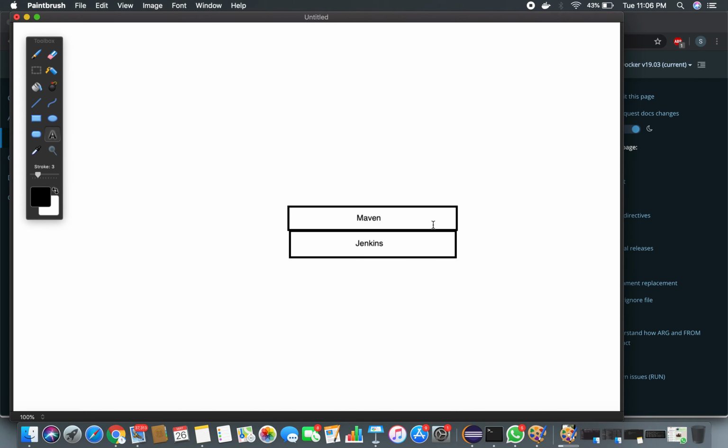In that way, you can provide n number of instructions to customize or create your own image instead of directly pulling it from the Docker Hub. Sometimes the image with the required configurations for your project or application might not be available in the Docker Hub. In that scenario, you might need to build your customized image. How you build it is you write everything in a Dockerfile that will build an image for you. Let's see how the Dockerfile looks.